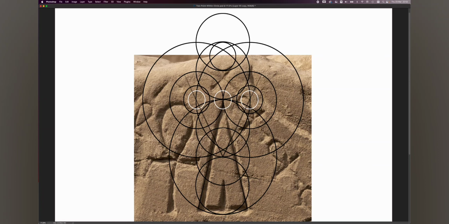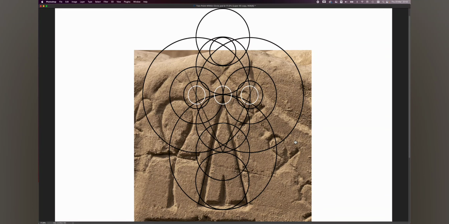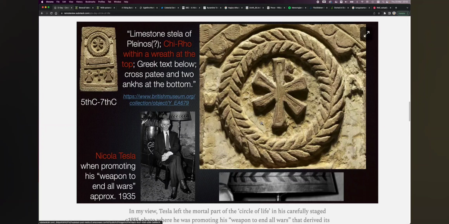And so that is where I sort of went with that. And then I started looking at historical art, religious art, and so forth. And that's how I came to study Coptic art. And that led me to see this particular piece of Coptic art. And then having published that,